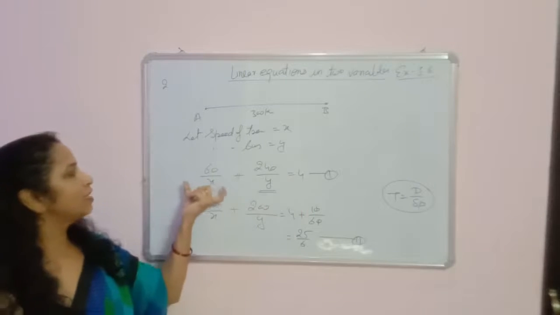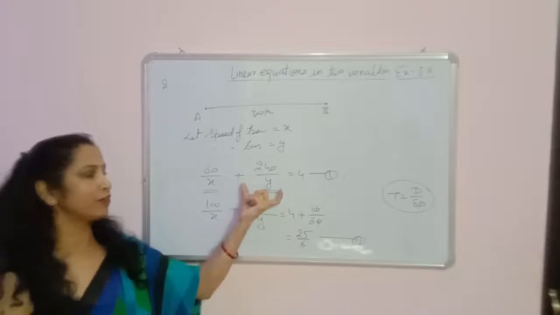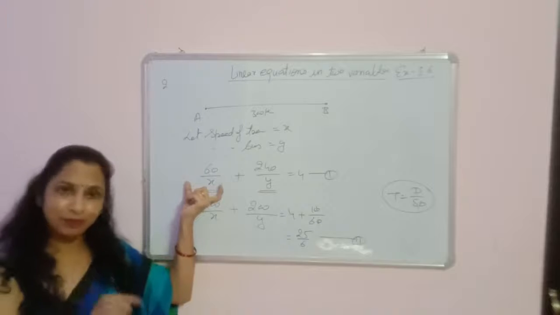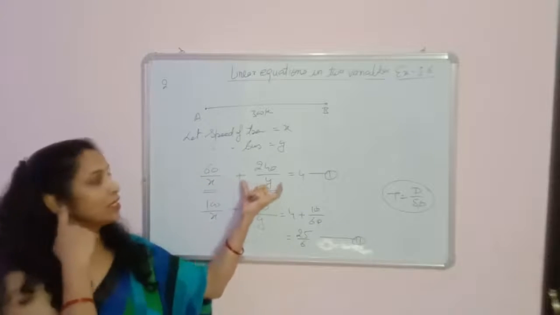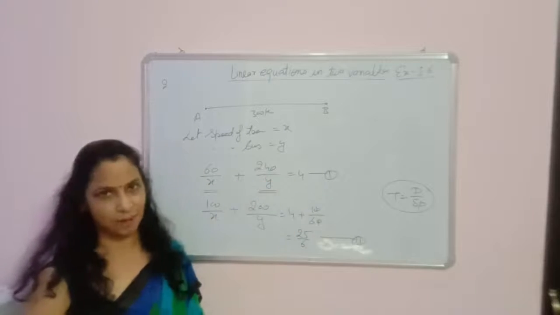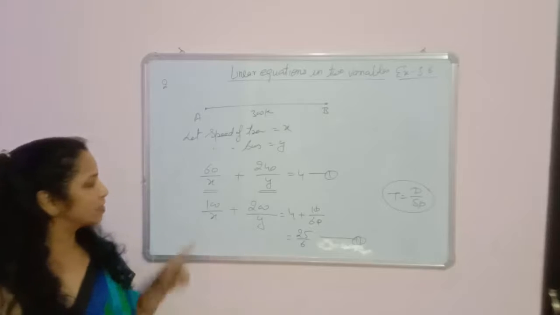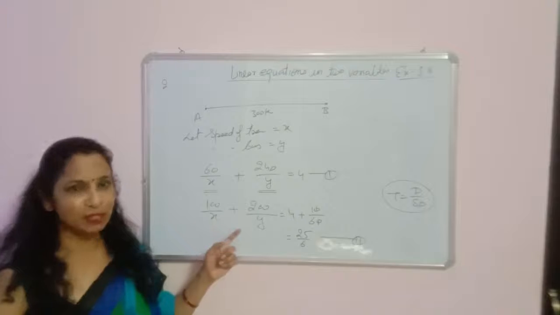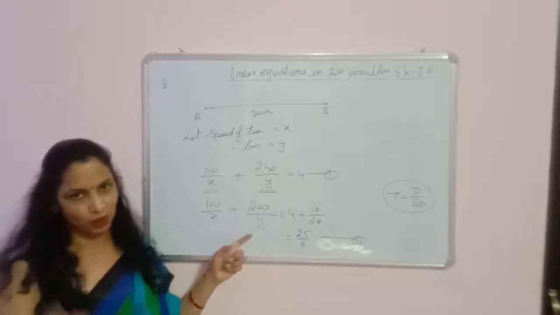So we will say, sorry, the time taken by train and the time taken by bus is equal to total time 4 hours. And in the second part, it is given that the 100 km by train and remaining, that is 200 km by bus, and she takes 10 minutes longer.